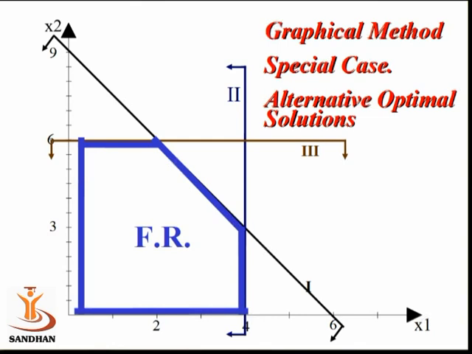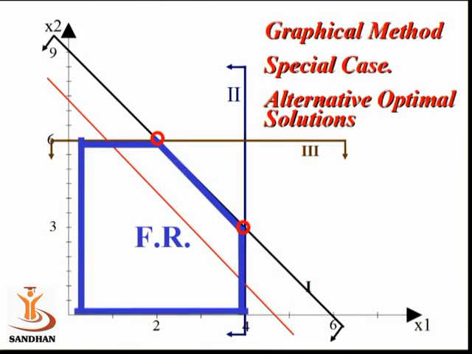Now friends, let us see different kinds of solutions and their graphical observation, for example, alternative optimal solution, unbounded solution, etc. You can see that suppose we have 3 lines, denoted by 1, 2 and 3. We can find the feasible region as you can see. Now this is the isoprofit line, you can observe it in red color. If I move it further upward, then you will observe that